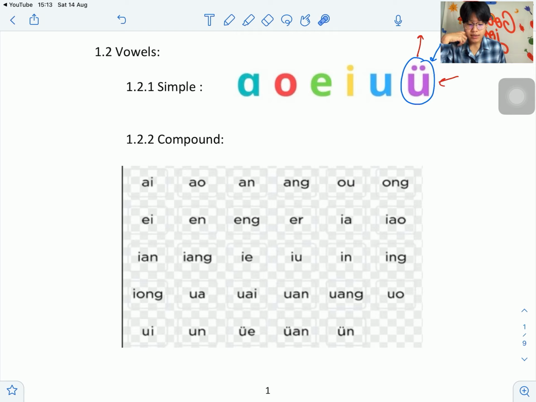The first one, ai, ao, an, ang, ou, ong, ei, en, eng,